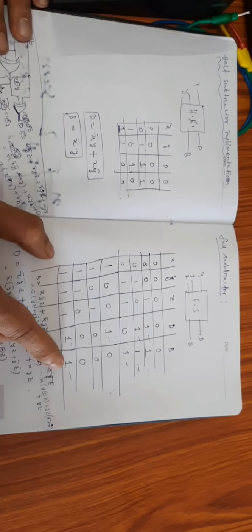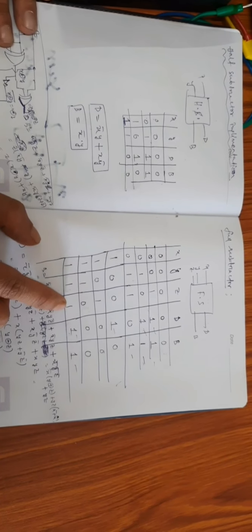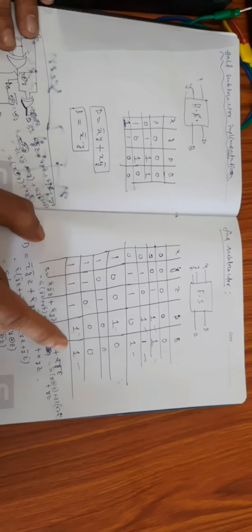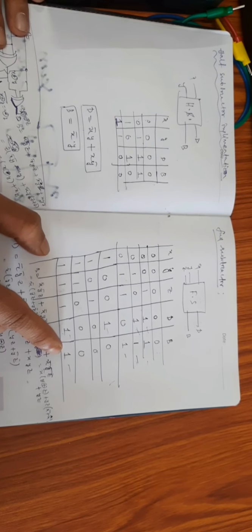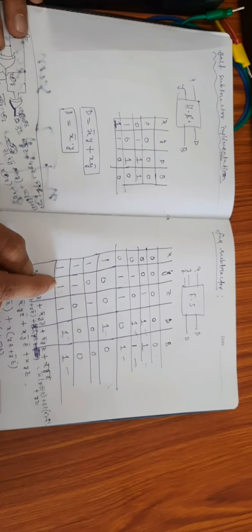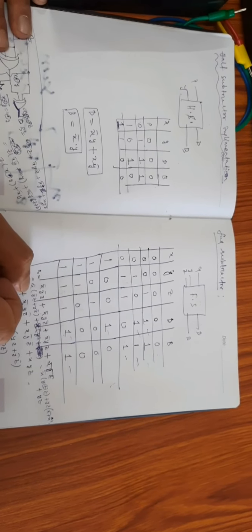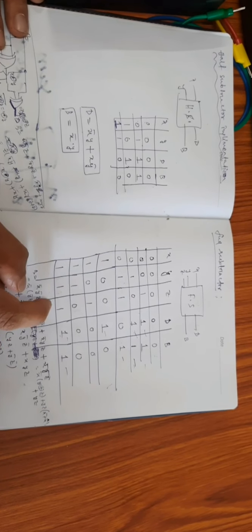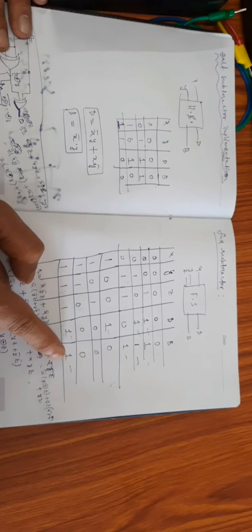And here you are taking a borrow, because 1 minus 1 is 0, and then again you are performing 0 minus 1 also. That's why the borrow bit is 1. Whenever you perform a 0 minus 1 operation, the borrow bit must be 1. So here 1 minus 1 is 0, and then again 0 minus 1 is 1. When you perform 0 minus 1, the borrow bit must be 1. That's why the borrow bit is 1.